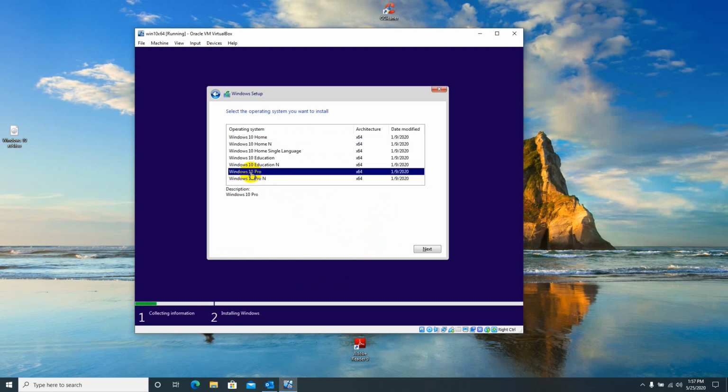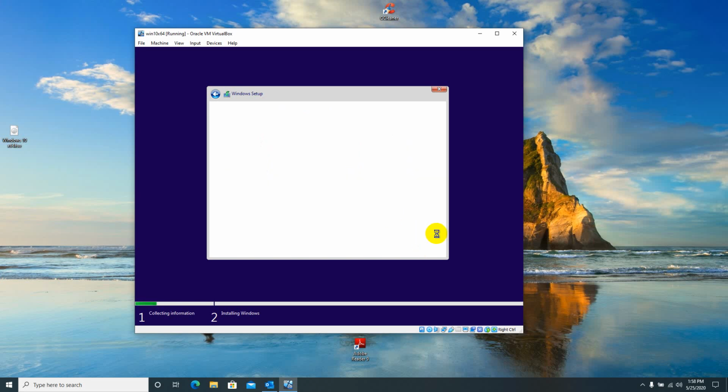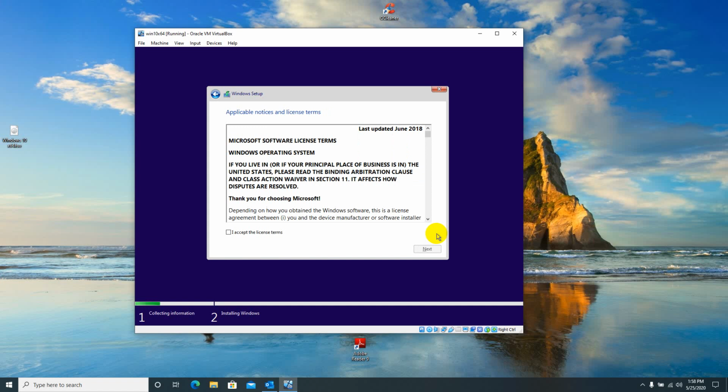Let me go with Windows 10 Pro. Windows 10 Pro and Windows 10 Pro N, the difference is that in Pro N you don't have Windows Media Player, Movie Maker and all this stuff. Many other user utilities will be missing in Windows 10 Pro N. The main one is Windows Media Player, which is quite visible. But let's keep Pro, because for my purpose I need all these software.